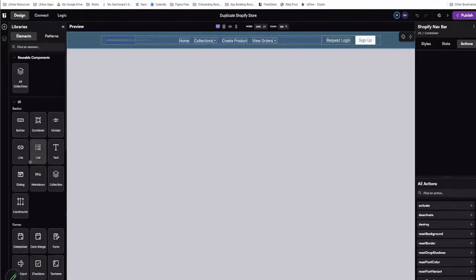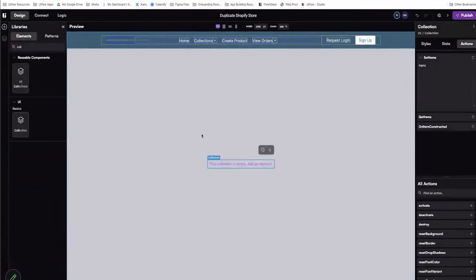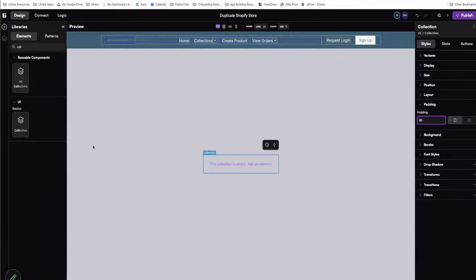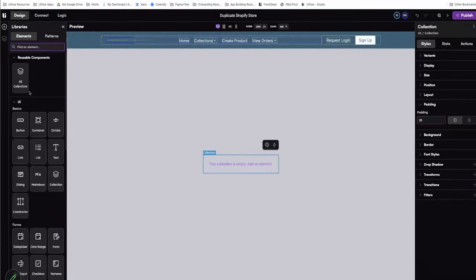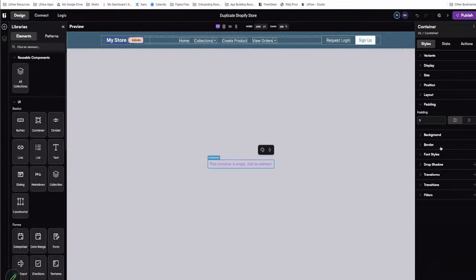All right, so I will redesign that really quick. So we have collection. I'm just going to add some padding, and collection is a way for us to grab all the instances of all the products in this specific collection. So I'm going to drag in a container, I'm going to add some padding to the container,